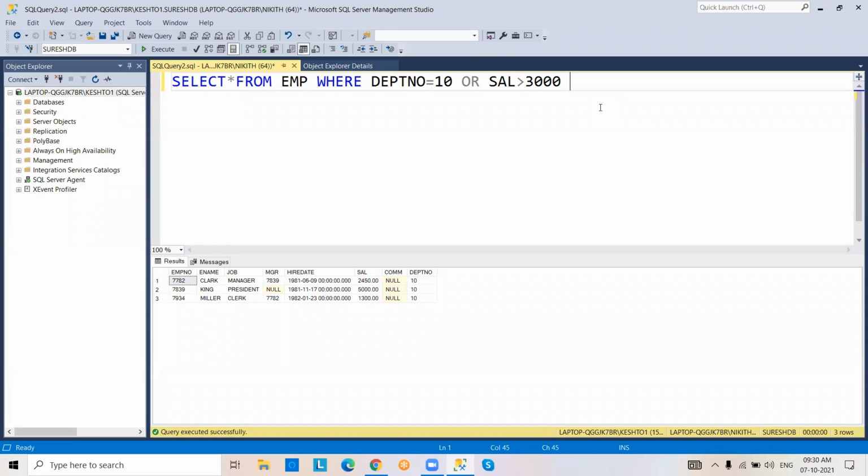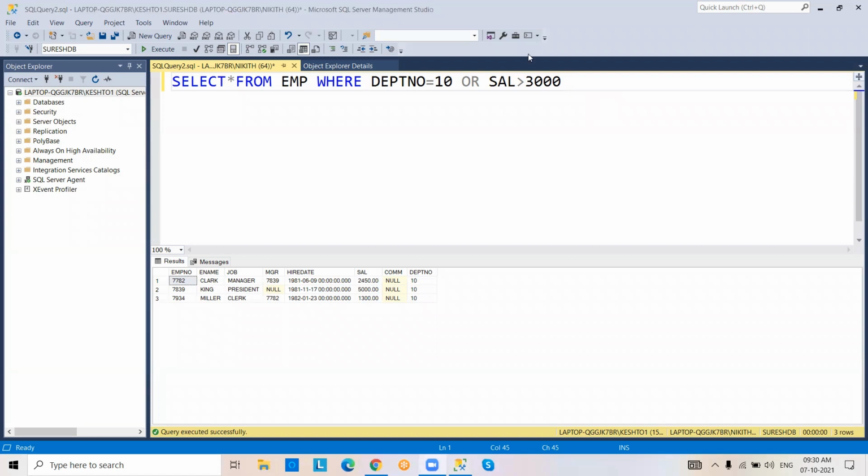So now what happened? I used OR operator. So department number 10 data retrieved, salary greater than 3,000 also retrieved. Now what is the difference between AND and OR operator?